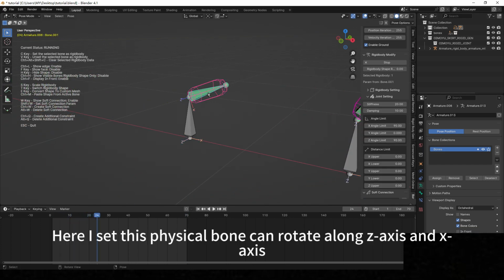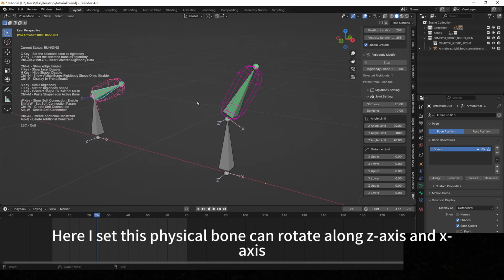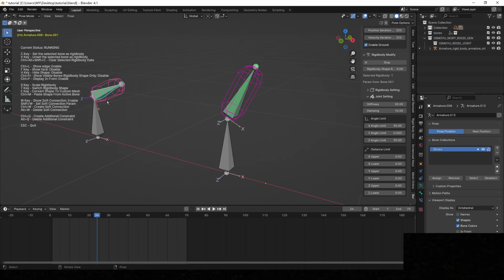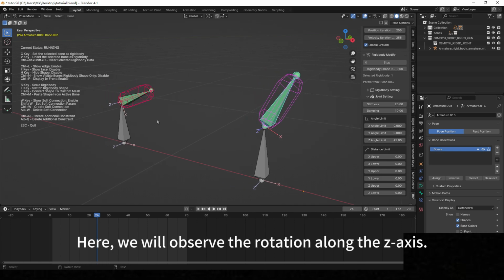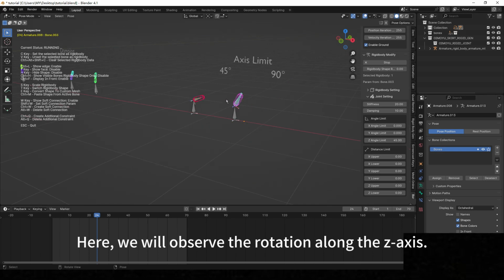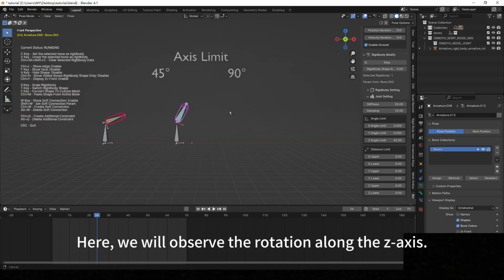Here I set this physical bone can rotate along Z-axis and X-axis. Here, we will observe the rotation along the Z-axis.